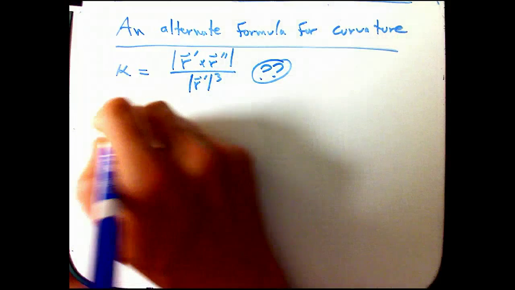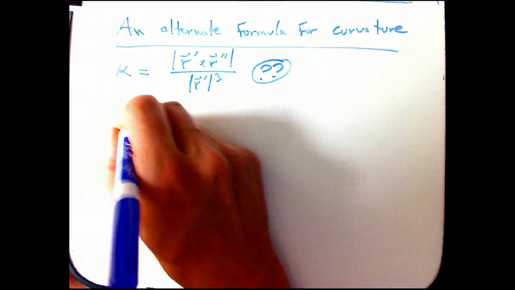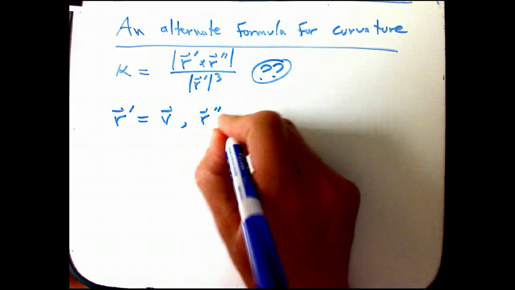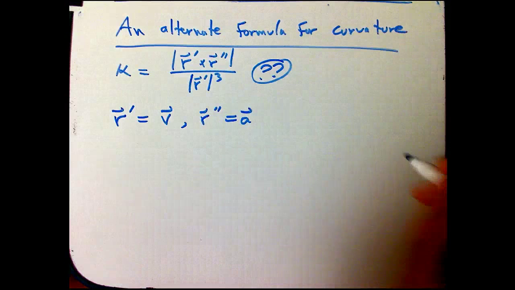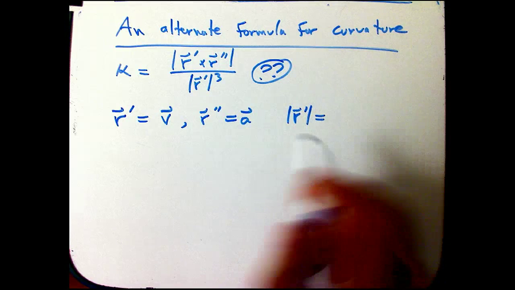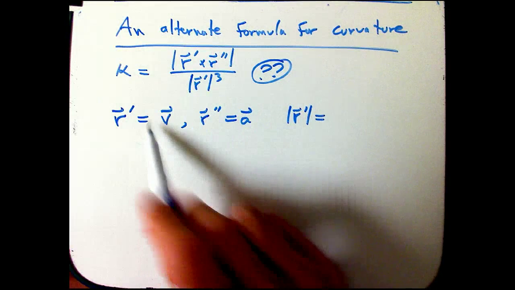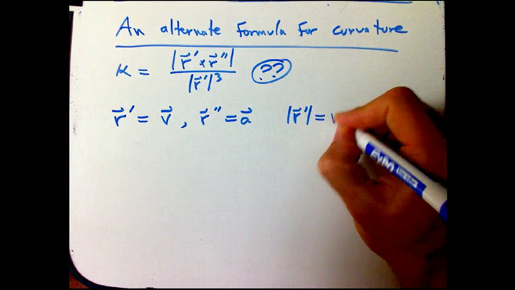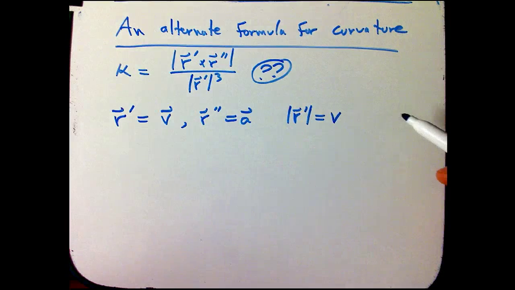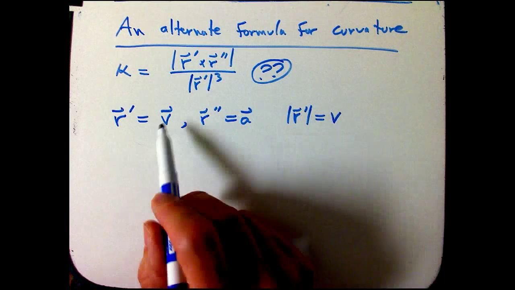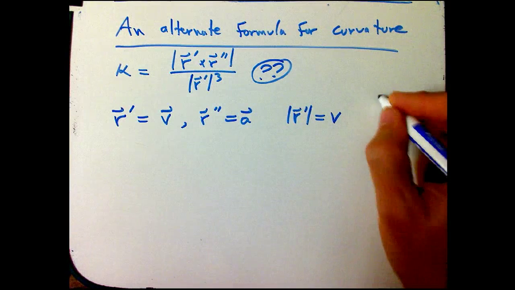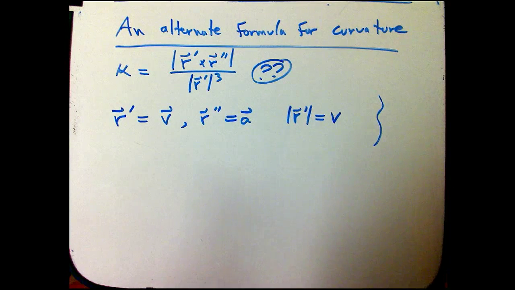So first of all, let's just have some abbreviations. So r prime, of course, is the velocity. That's just v. R double prime is acceleration, that's a, and then magnitude of the velocity. I don't usually do this, because our book doesn't usually do this, but the physics convention is when you have a vector quantity, if you just leave off the arrow, you mean the magnitude of that thing. One good reason why you should always put arrows on the vector if you mean the vector. So I don't usually do that, but we'll do that here. It's very, very nice to do that here. Okay, so